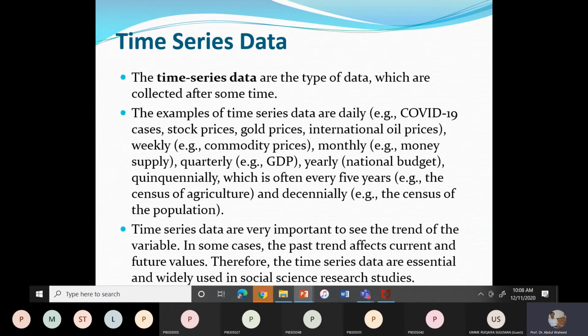Then time series data is very important to see the trend of a variable. If we plot the time series data, we will know about the trend, and then we can see the past trend and guess something about the future trend. Just like when there was